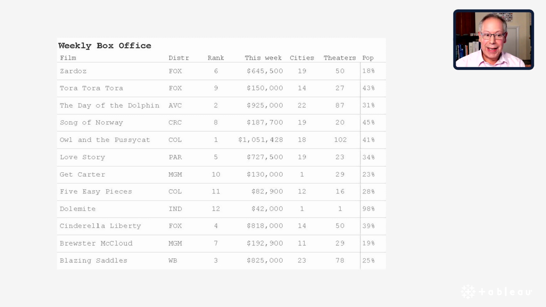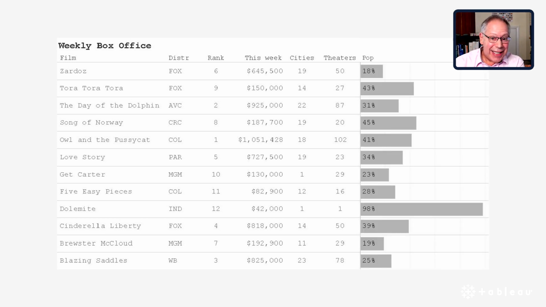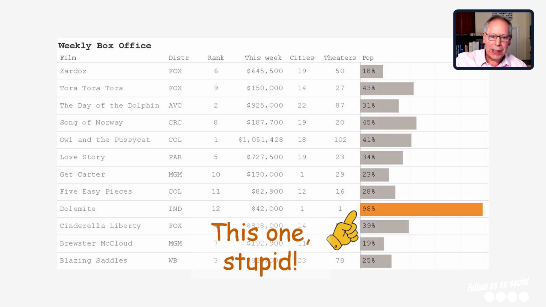Well, I'm looking at this thing and going, oh my God, had it been a bar chart, you'd have all these small bars and one giant bar, and 9 different producers would be calling this guy, studio heads up, because they would see the outlier. They wouldn't have to be searching through it with so much difficulty. It almost hits you over the head and goes, look, this one's stupid. This is the one that you should be looking at. And that's what you're missing when you're just looking at a table full of numbers.